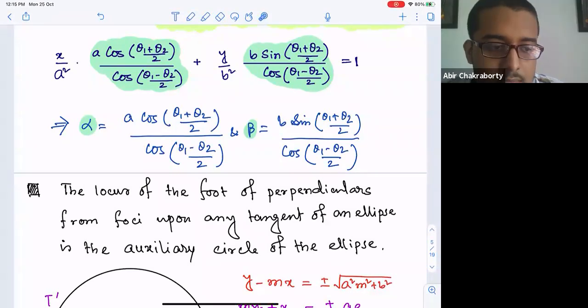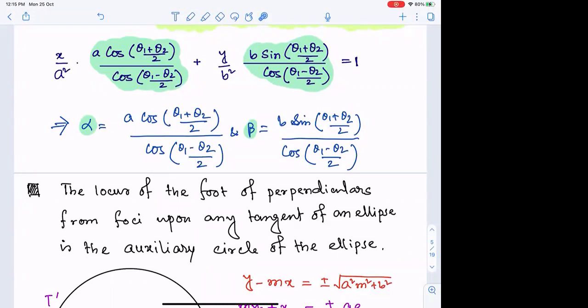Is that okay? The small things are going to be kept in mind, because as a teacher, I might start the solution with this one and then show you the further steps. But when you need to start solving your own question independently, you will always face such a question: how should I approach the equation of the tangent, whether it should be in terms of slope, in terms of point of contact, or something else. Okay. So over there, this decision making, on the basis of information, these qualities will be required.